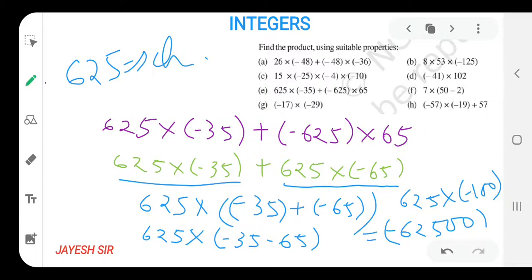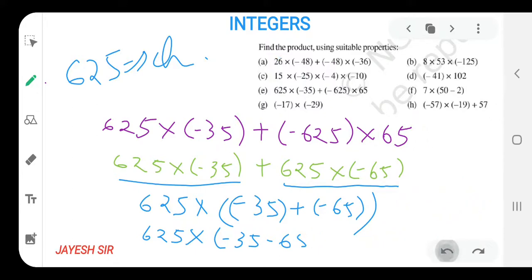I hope you all might be able to get it very easily friends. This is a very simple sum, as we already solved a similar type of sum in the first, as it is very much similar to our first sum that we already solved. Yes, you can see it. So let's begin with our next sum, that is F number.